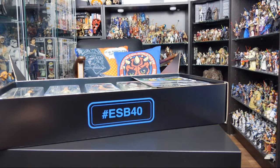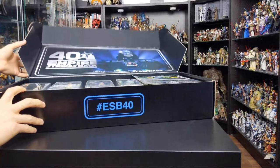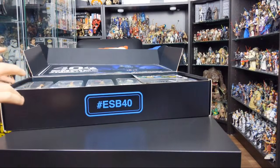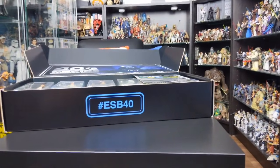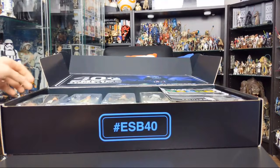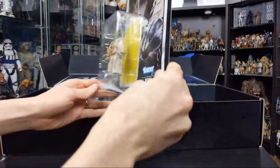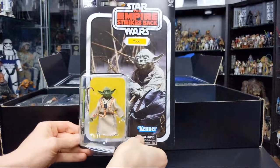Now on to the figures that we get in the box, and Hasbro were kind enough to not only provide the first wave of the 40th anniversary Empire Strikes Back Black Series figures, they included waves 1 and 2, which is absolutely fantastic. So as part of wave 1, we'll start at this side and work our way across. We do of course have Yoda,